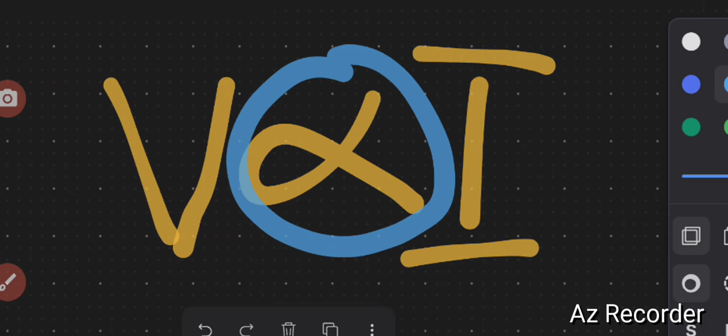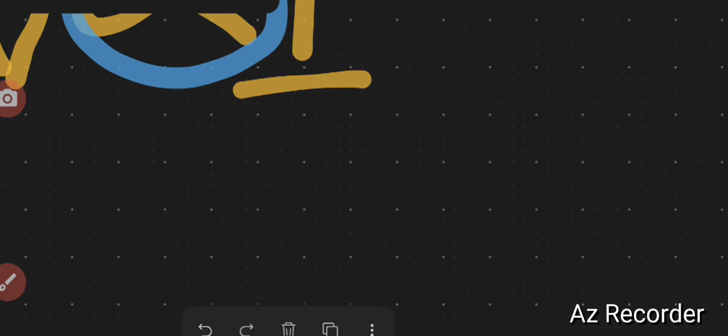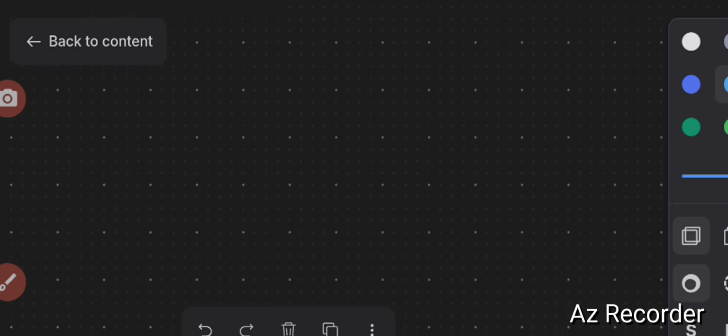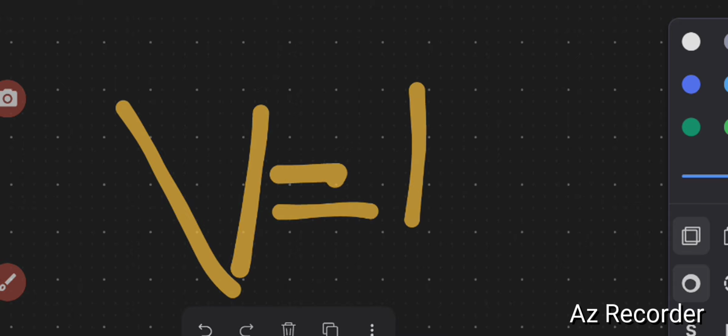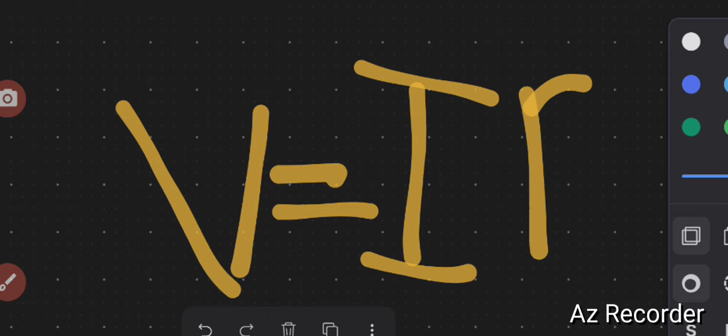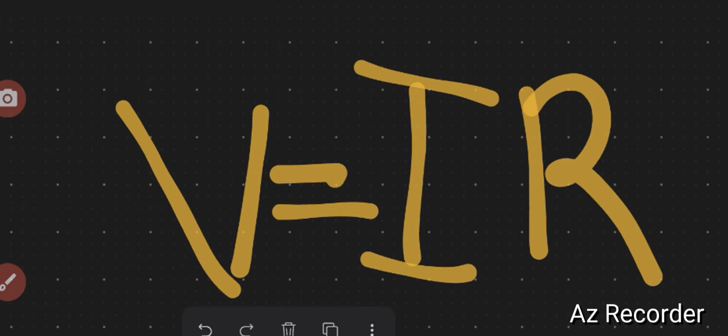So since V is directly proportional to I, removing the sign of proportionality, we will have V is equal to IR, where R is the constant of proportionality, and in this case it is the resistance which opposes the flow of current. Now, I want you to understand that if we are to plot a graph